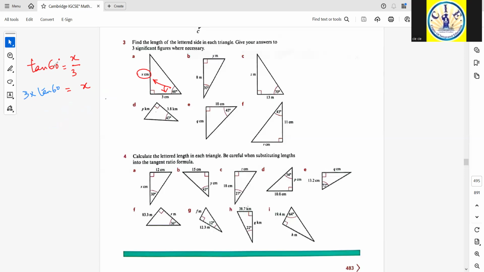So this should give you the result, which is 5.2 centimeters. Okay. Now for part B, this is the angle of consideration. The opposite side is y. So tangent 30 degrees equals y divided by 8. Now again cross multiplying, 8 times tangent 30, that is y. So the value of y is actually